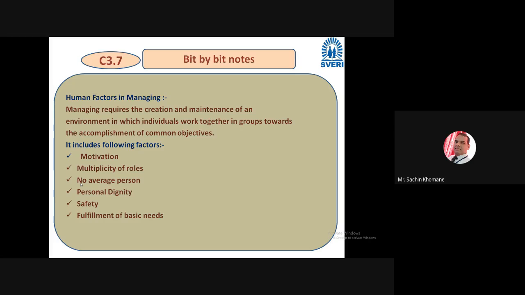Personal dignity, very very important. Everybody is having self respect, right? You have to consider he is a human, he is having self respect, right? So he is also living in society, he is also having family. So sometimes manager